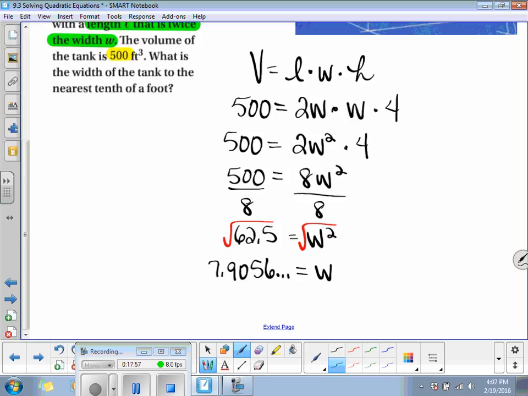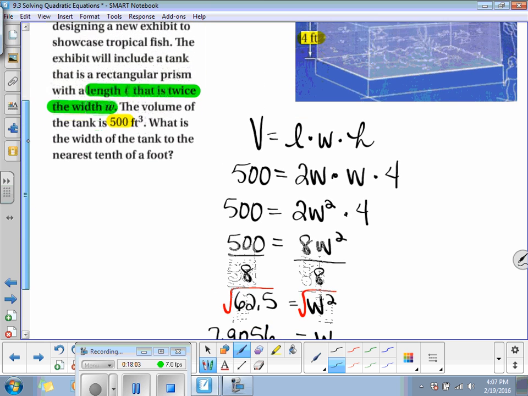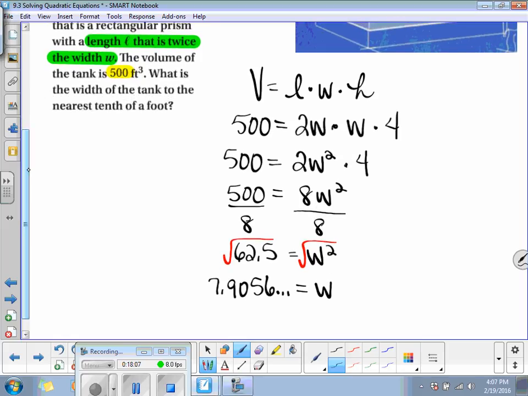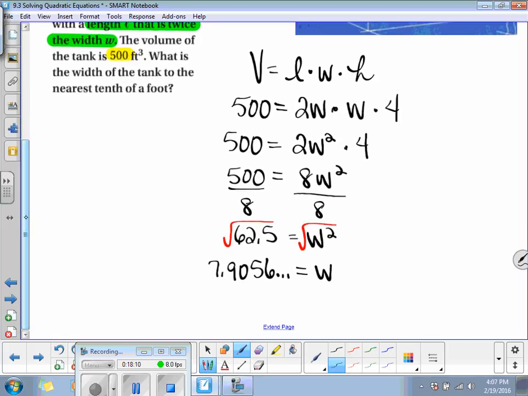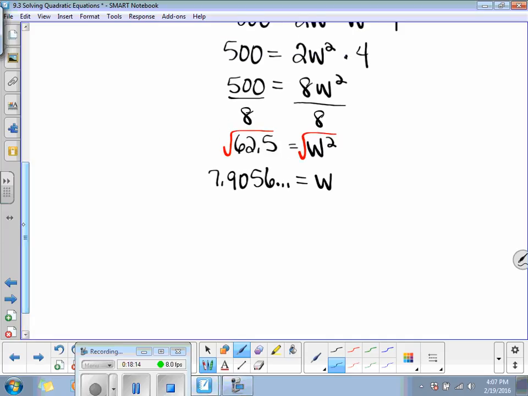Now, it says here to round to the nearest tenth of a foot. So, the 9 is in the tenths place. The 0 tells us what to do. So the width of the tank is going to be approximately equal to 7.9